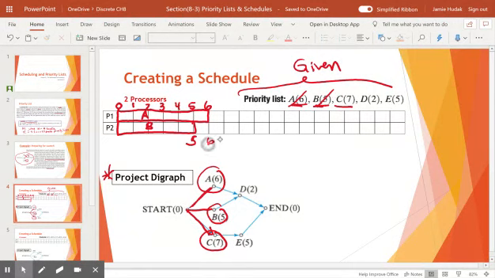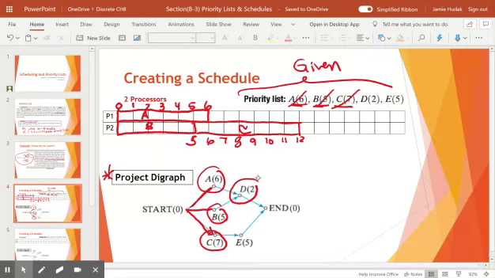So 5 plus 7 is 12. 6, 7, 8, 9, 10, 11, 12. That means processor number 2 is going to be busy all the way to the 12th hour of the day doing task C. Great. When processor 1 finishes up, it's ready to go, and the task that is next in